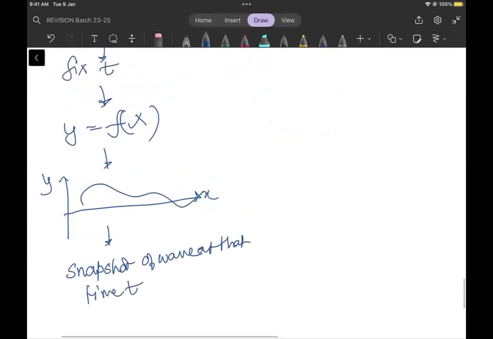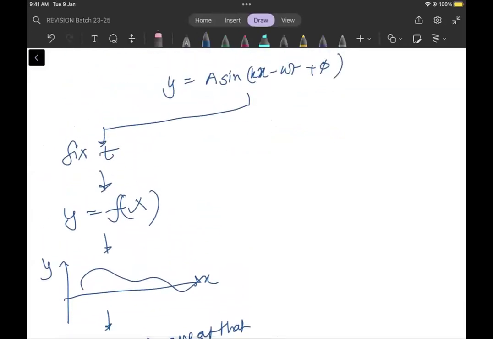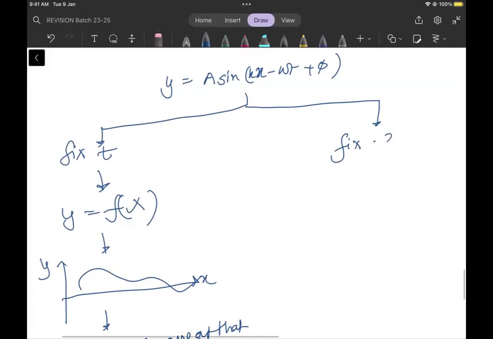And since time is varying, I can fix various values of time. Theoretically speaking, I can fix infinite values of time. And when I do that, I am actually going to get the snapshot of the wave at all these values of time. Okay? Alternatively, what I can do is I can fix the value of x. So if I fix the value of x, I will end up,